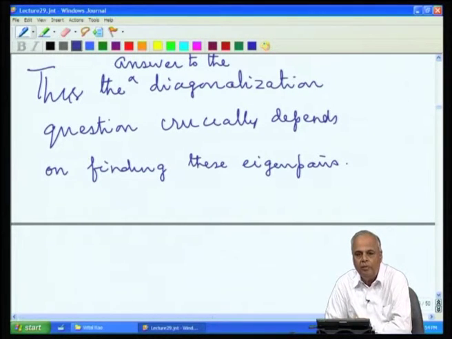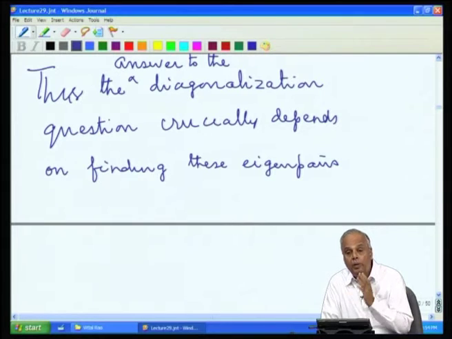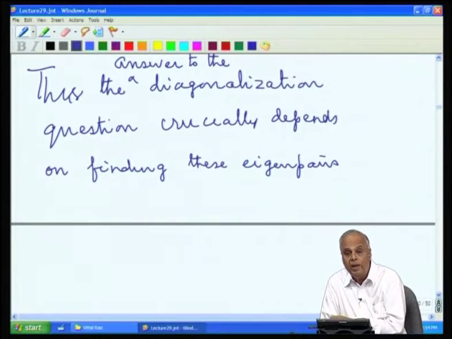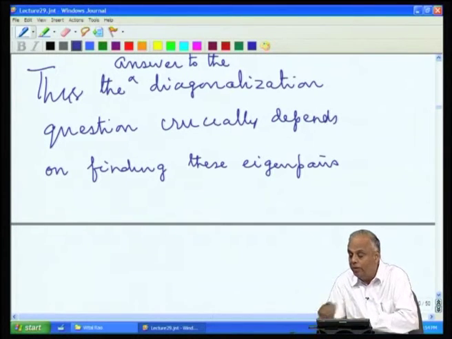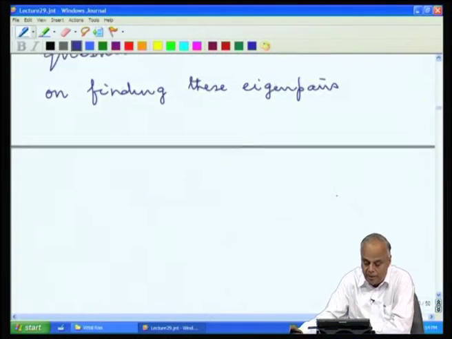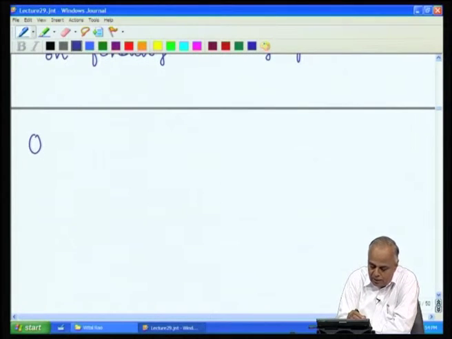Crucially depends on finding these eigenpairs. Not only do we want to find the eigenpairs, we want to find n of them in such a way that the numbers lambda 1, lambda 2, ..., lambda n are real and the vectors phi 1, phi 2, ..., phi n are linearly independent. So, the question that arises,